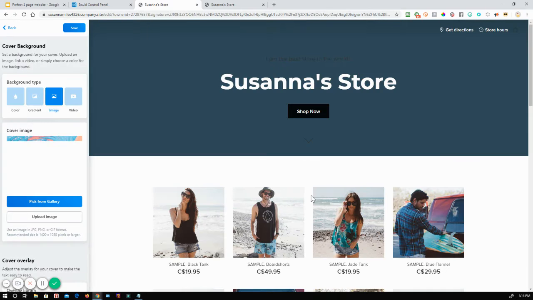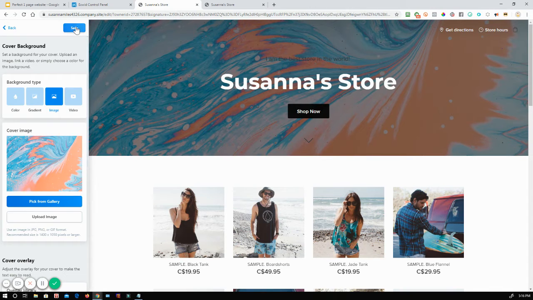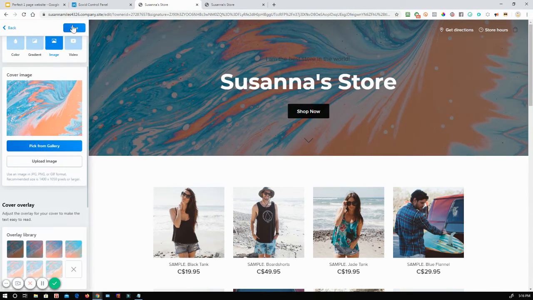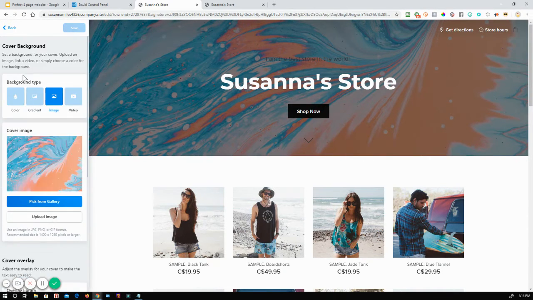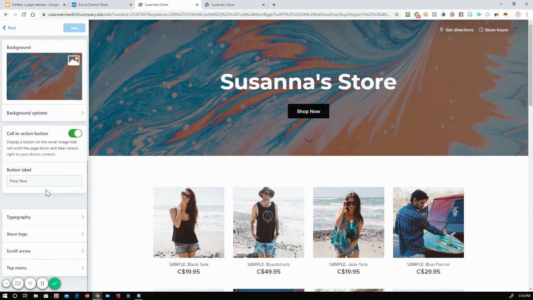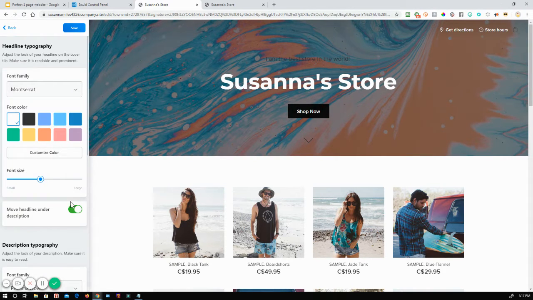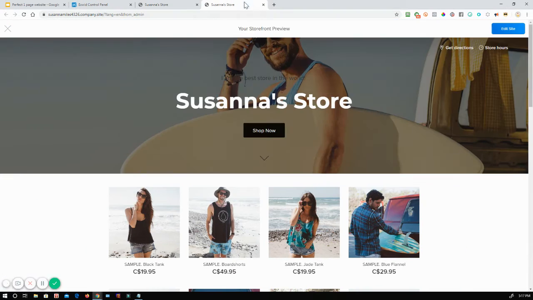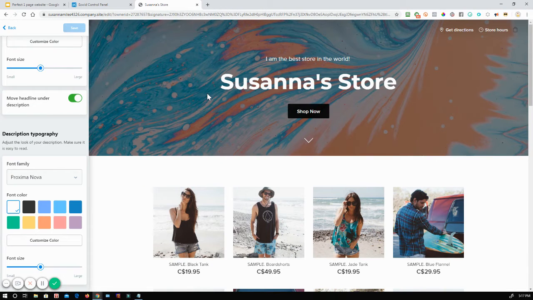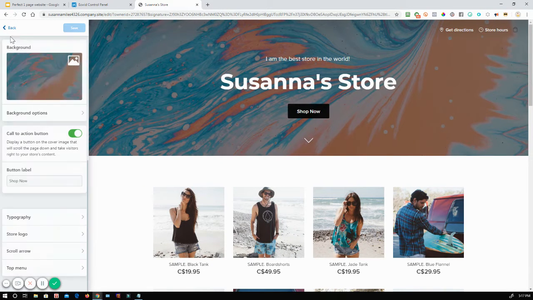And I'll just put this one in just for speed's sake. Press save. And then it looks like that font color changed. So let's go back, scroll down, typography, and let's just see right there. See, just make it white. There we go. Okay, so let us close that down, scroll back up, click the back button,